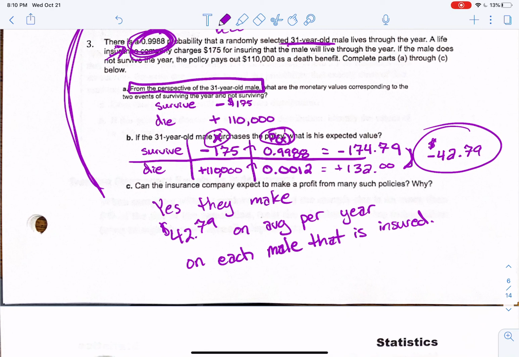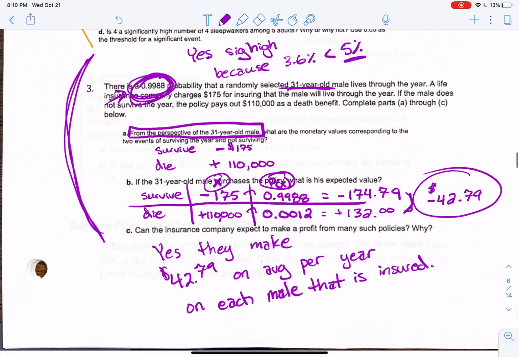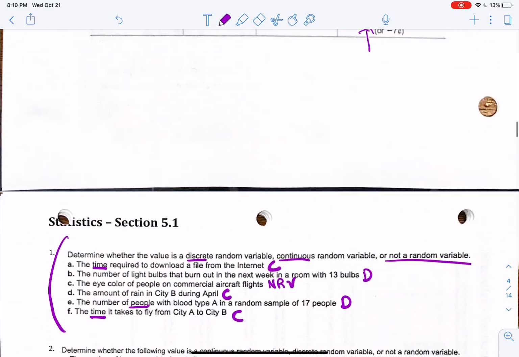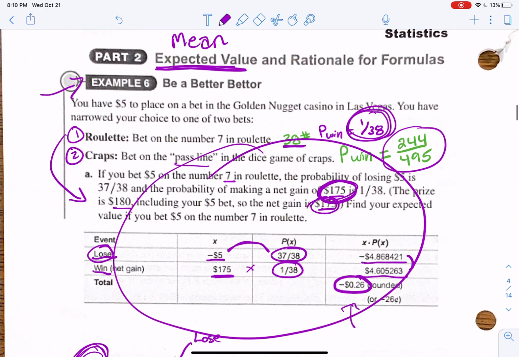Okay, so that's kind of how this plays out, why insurance companies on average are making money. So not necessarily gambling always. This is another example of how the expected value, that's what they call this, expected value, plays out. Okay, just create a table for it, and you're finding the mean of the probability distribution just like we did in the last video. Okay.